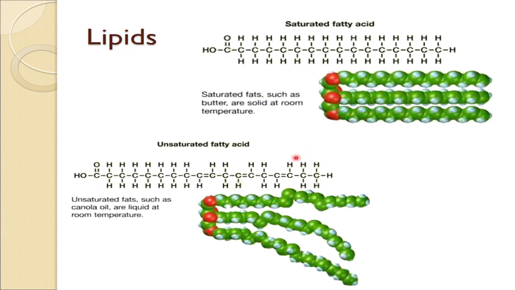Here is an example of unsaturated fatty acids. You're gonna count the number of atoms right here. 1, 2, 3, 4, 5, 6, 7, 8, 9, 10, 11, 12, 13, 14, 15, 16, 17, then 18. Why is it that this is unsaturated? Because of the double bonds somewhere right here. That's a double bond. This one has a double bond, and that has a double bond right here.